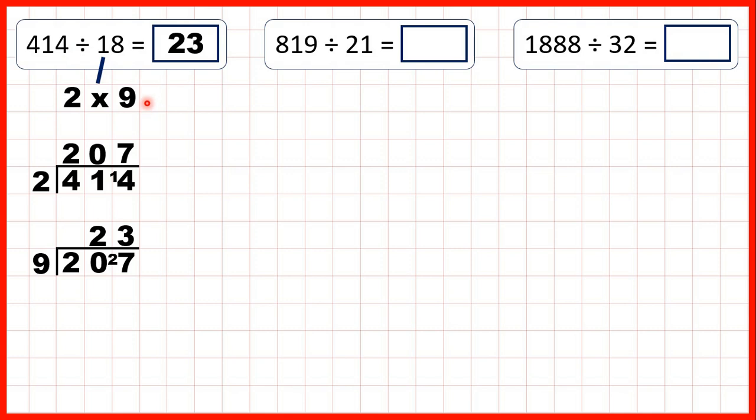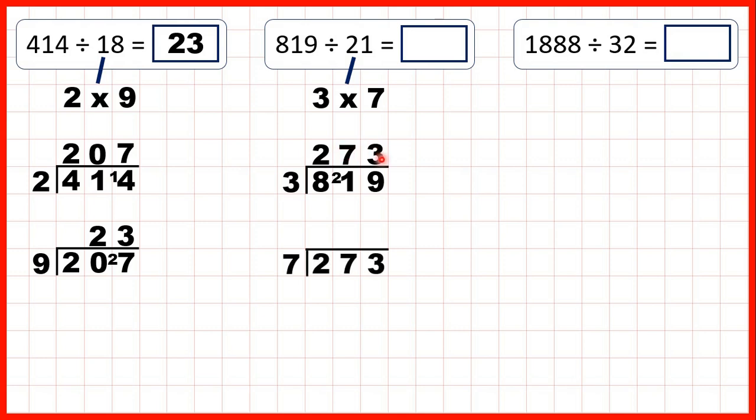Now this trick only works if we get whole numbers as our answer rather than decimals, but we can use the same thing to divide 819 by 21. 21 is 3 times 7, so first we can start by dividing 819 by 3. 8 divided by 3 is 2, remainder 2. 21 divided by 3 is exactly 7, and 9 divided by 3 is exactly 3. So dividing by 3 has given us